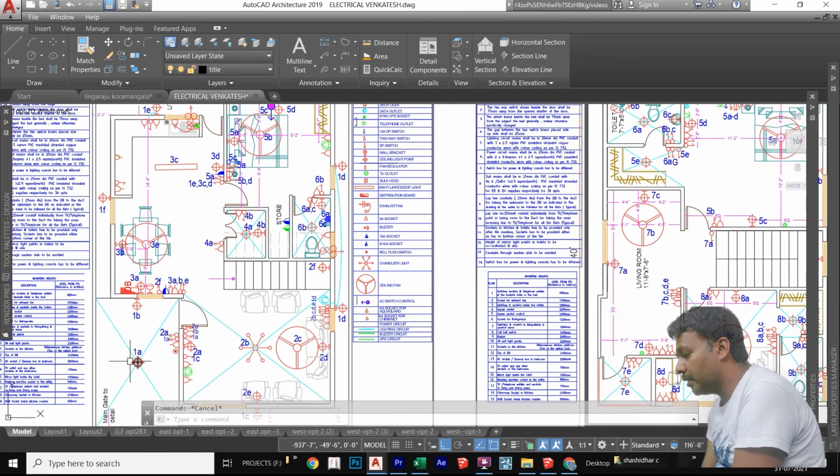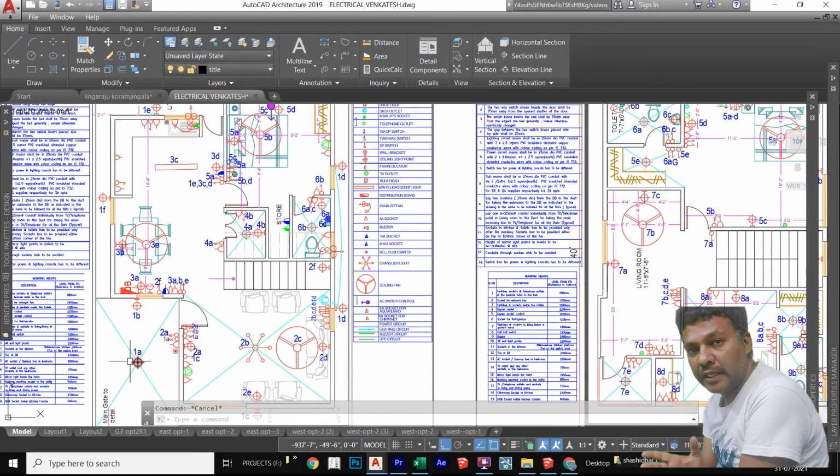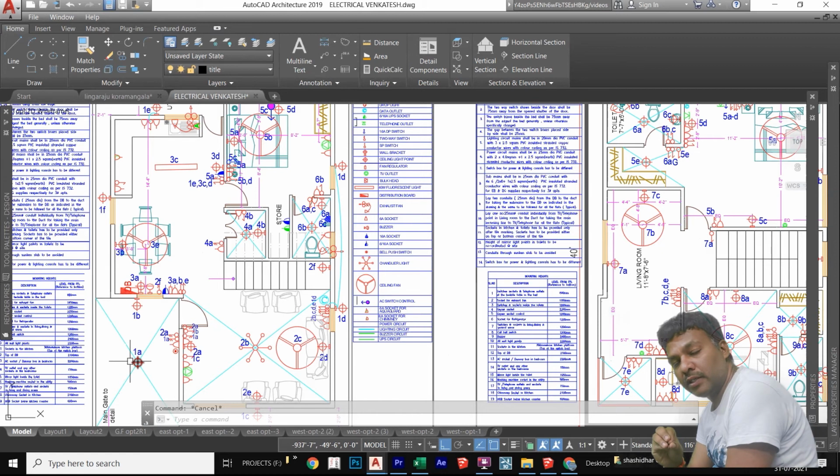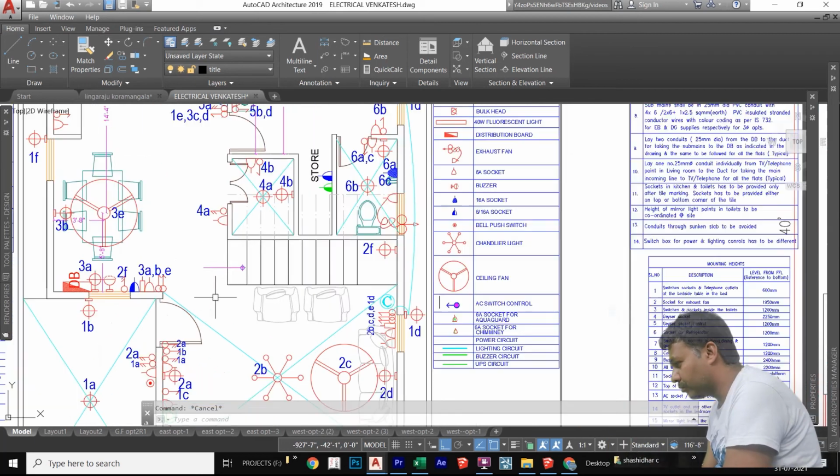Now we completed the parking, living and dining, kitchen, one bedroom, toilet and puja room. I think the minimum requirements in the ground floor we completed. Now we are moving to the first floor. For the first floor, before starting the staircase, we have to give the control near the staircase only. Okay.